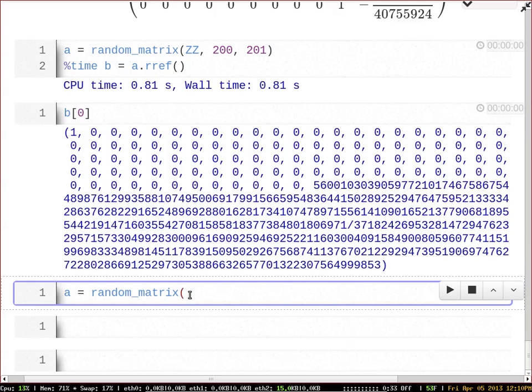Question: are we able to use calculators on tests and stuff to reduce to row echelon form? Yes. Yeah, but on the actual